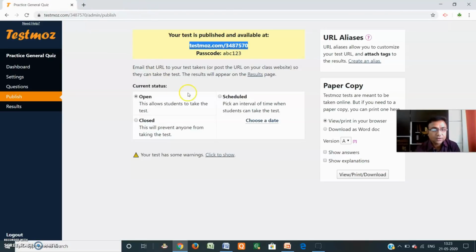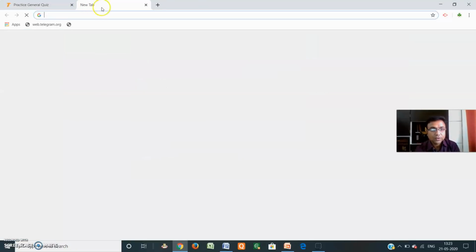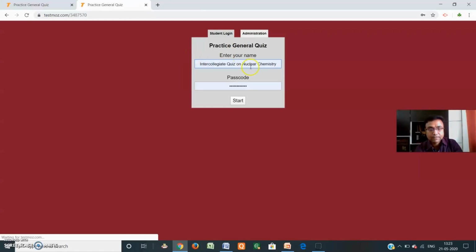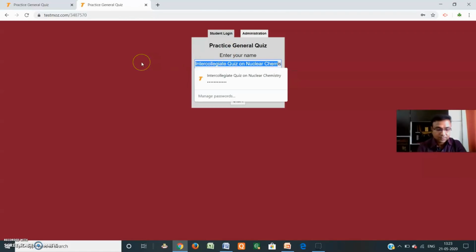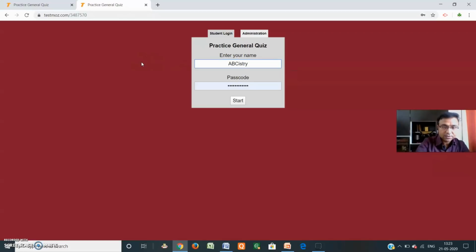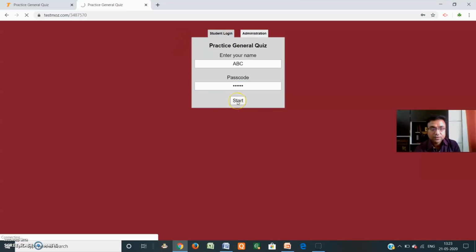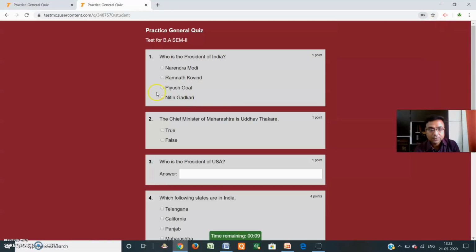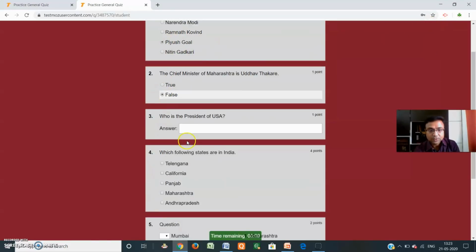Now suppose again I am solving with another name. Suppose ABC is the name of the student, and use the same passcode, ABC123. This is another attempt. Suppose it is false.